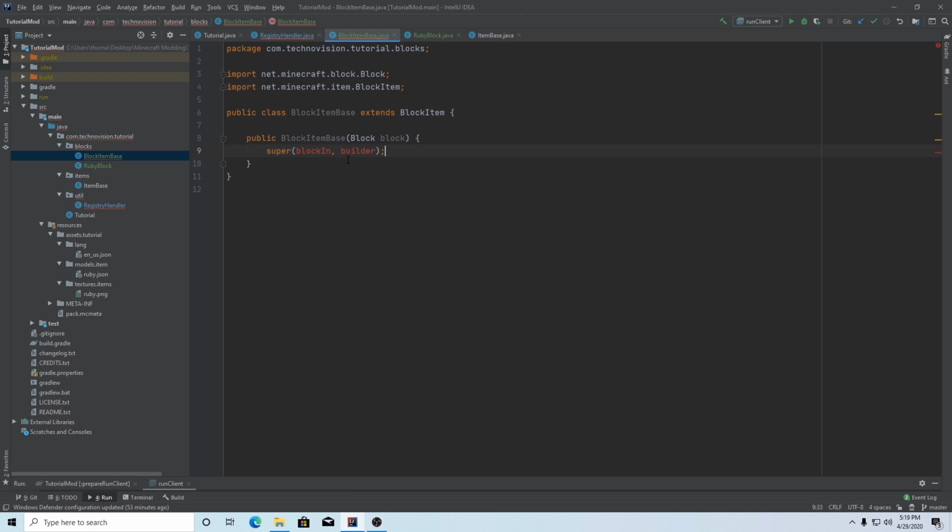That's just simpler. So let's get rid of everything in super. We want to pass in our block value here, of course. So we're going to type block and then comma. And then we need to pass in, of course, our properties because that's what block item requests from its super. So we're just going to make a new item dot properties with a capital P,